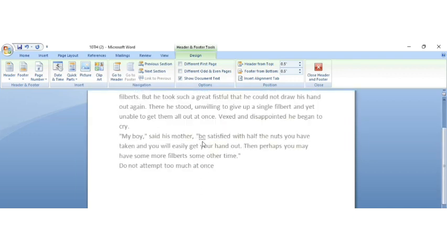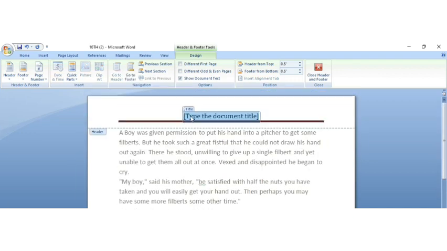Now if I want to add a header title, how can we add it? Just put the cursor over the title and click the backspace button, so that we can write down the title of the paragraph or other things which we want to include here. The title of this paragraph is Short Story. And we can add it as well.